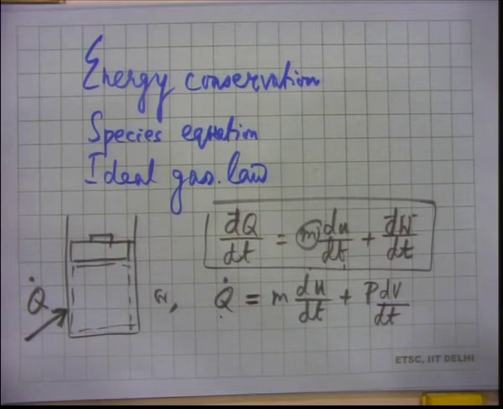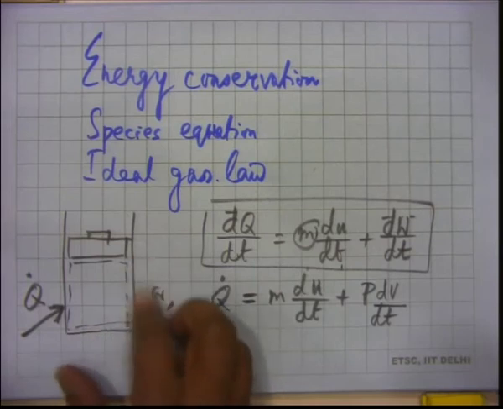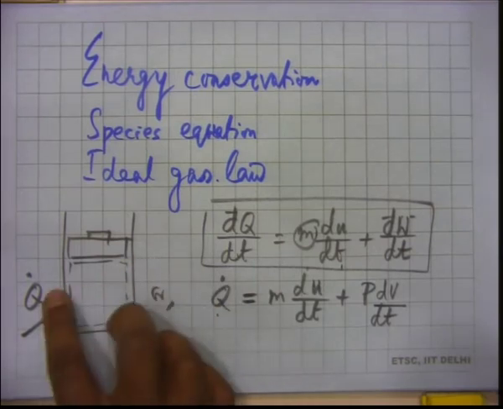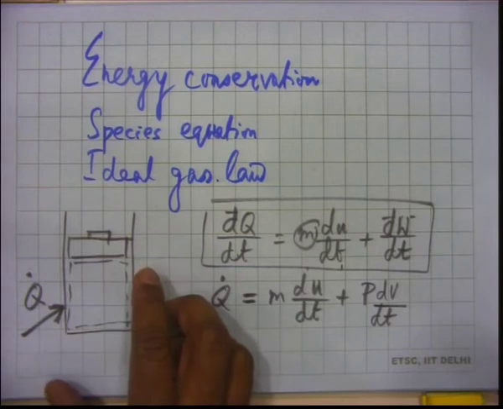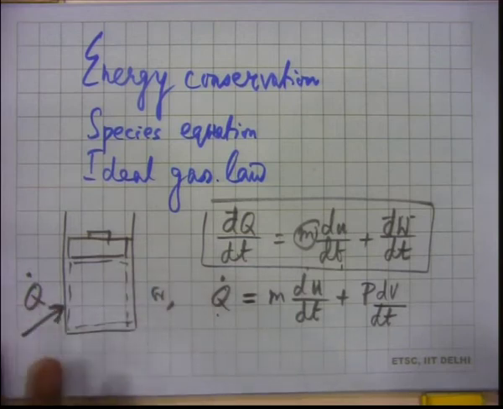How can we get information on q dot? From measurements maybe, or maybe you can get an estimate somehow. Maybe you know the heat transfer coefficient outside here, and you use that with the area exposed and things like that. So, there may be some way that you have of estimating q dot. So, we will not be discussing that. Q dot is something which we can handle. Let us say that is the assumption. Q dot can be 0 if we insulate it, but in general we will not set q dot equal to 0.